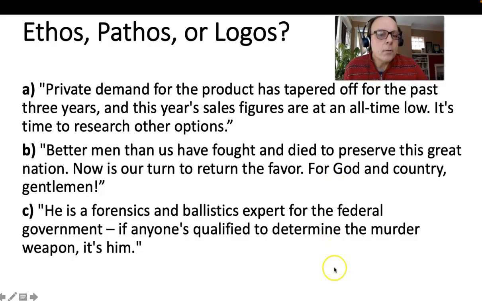So let's take a moment to finish up today with our rhetoric lecture. I've got A, B, and C, and I'm going to give you three instances of somebody using rhetoric, trying to use language effectively and with a purpose. See if you can decide if each is an example of ethos, pathos, or logos. After I read each one, you might want to pause the video and think about it for just a minute. Is it ethos? Is it pathos, or is it logos?